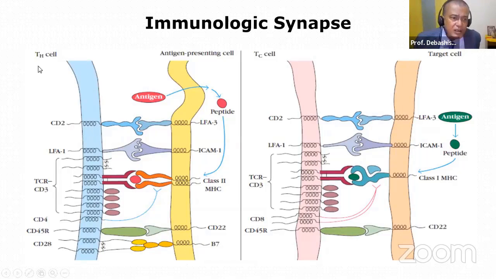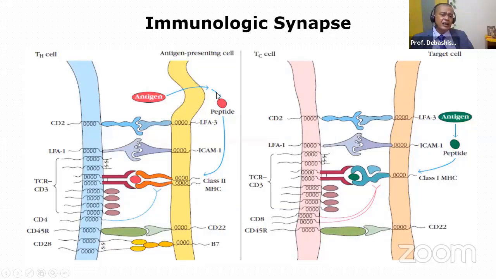This is the first one. On the left side is a T helper cell and antigen presenting cell synapse. On the right side is the T helper cell and the T cytotoxic cells and the target cell, which I mentioned to you, in that case maybe viral or tumor related cells. So if you see both the pictures, you can see almost everything is similar, except that in the T helper cell